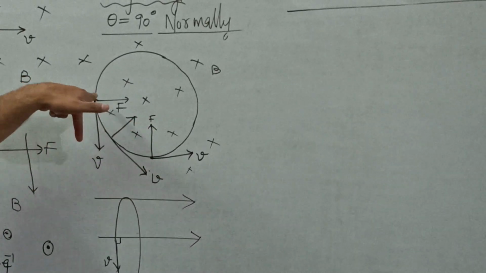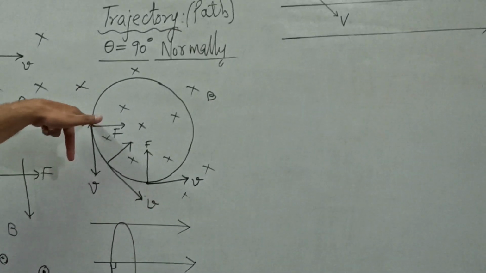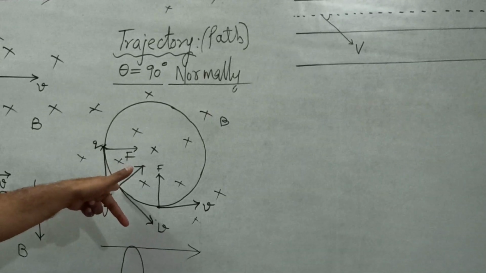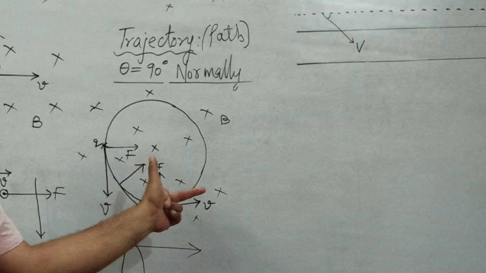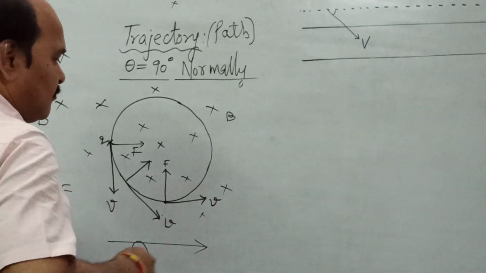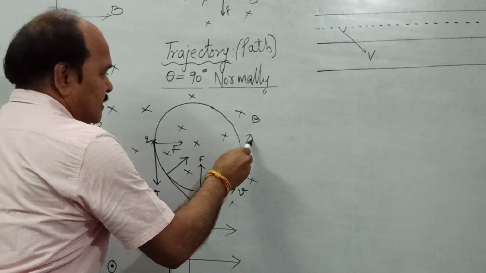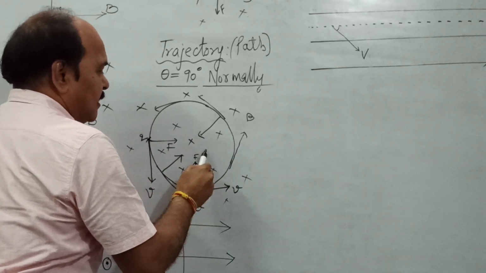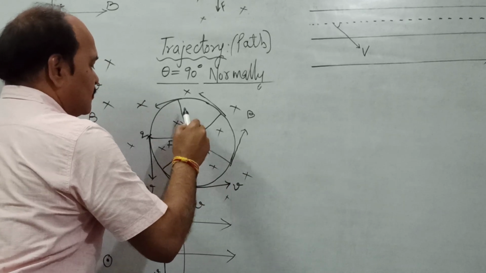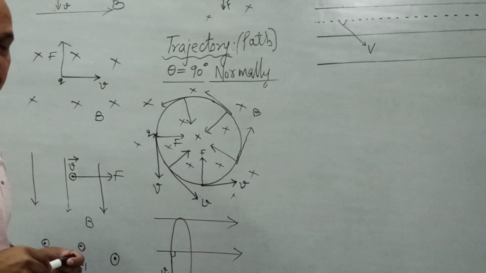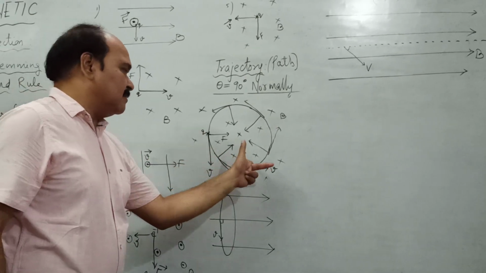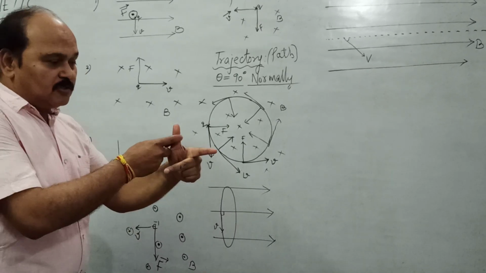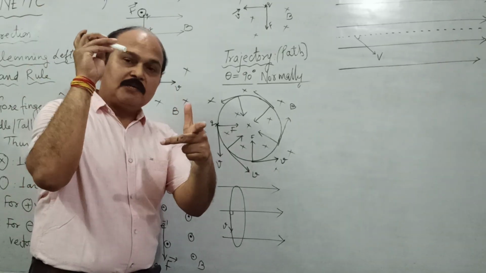This is the initial position where the force is towards the side. The velocity keeps making an effort to align itself in the direction of force, but it never succeeds, as by whatever angle the velocity changes in its attempt to align itself along the force, the force changes by the same angle. So this force keeps changing its direction simply because the force has to remain perpendicular to both the magnetic field as well as the velocity.